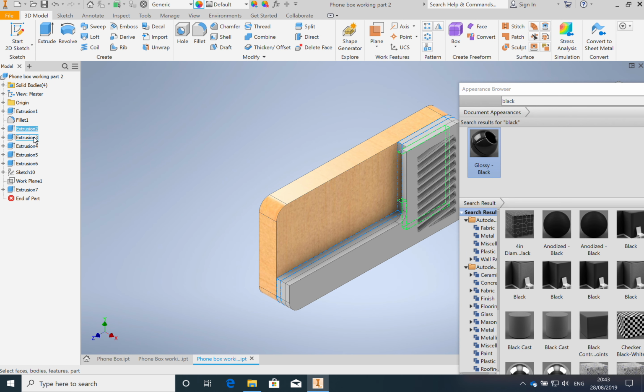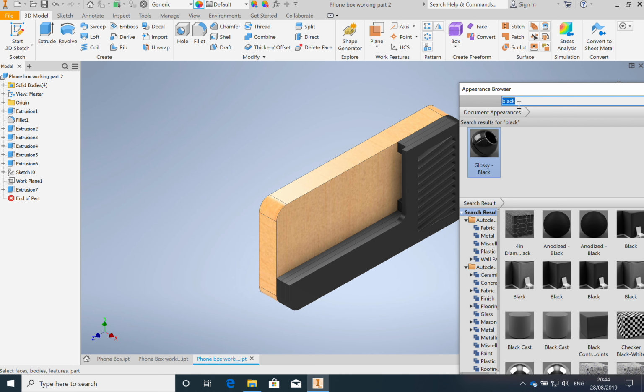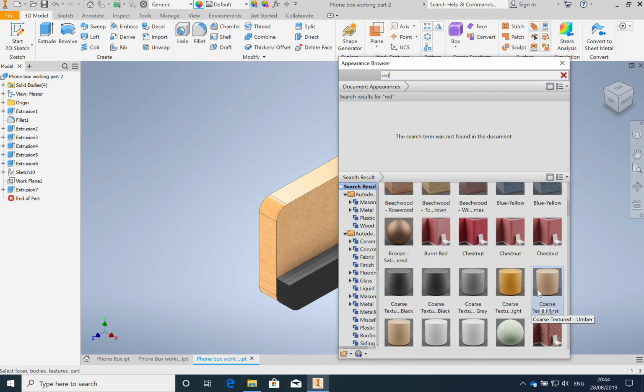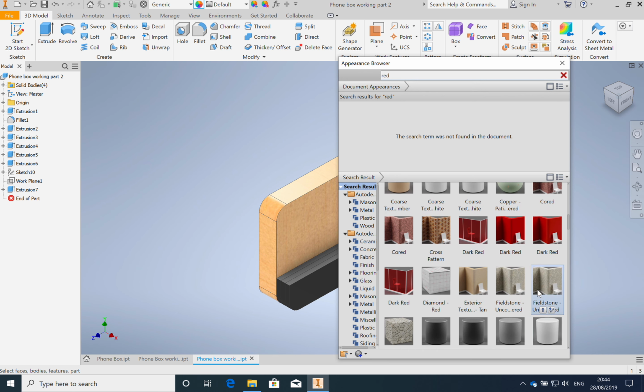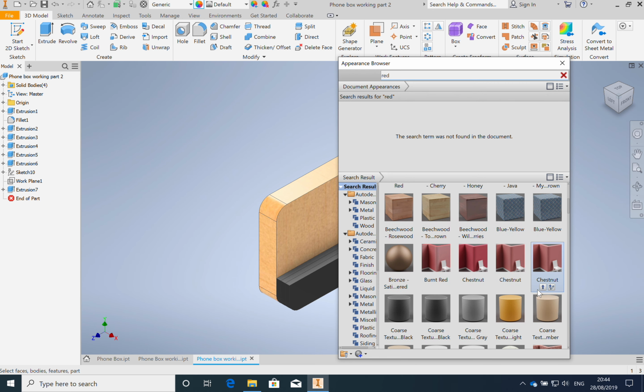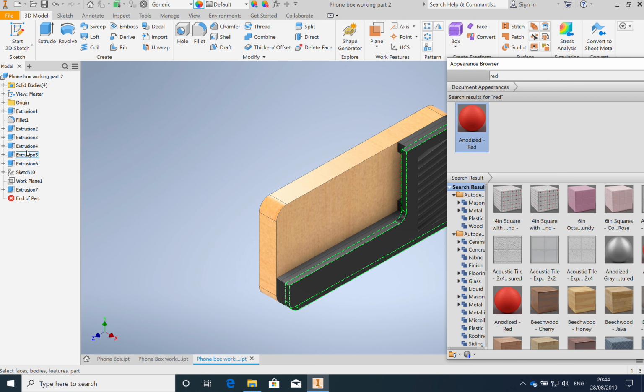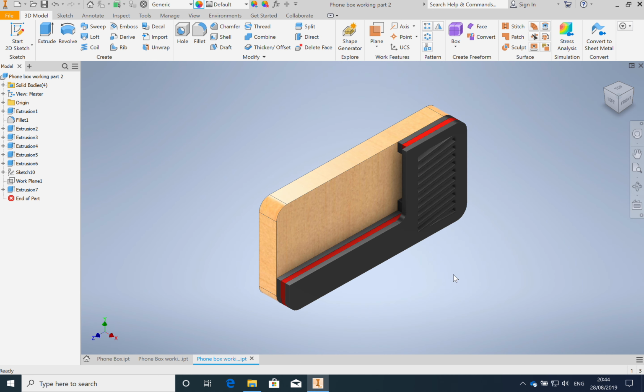It might be that you wanted the inside one to actually be red. So I could go through and look through my reds, or find myself maybe a nice bright red. Let's just try this one just for the purposes of showing you, and then find that middle one. Here it is. There's my extrusion. Click on that, then click on the red, and there we go. It's done. You can click off of it. That's how to